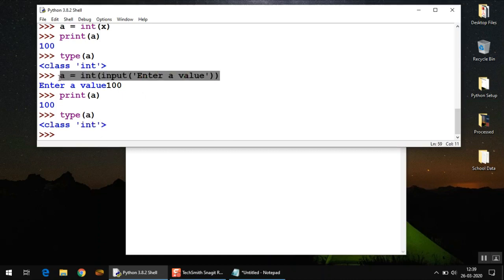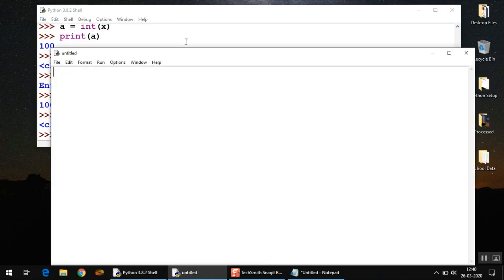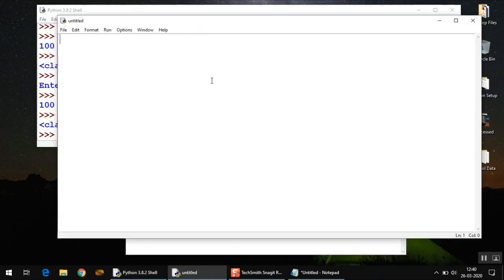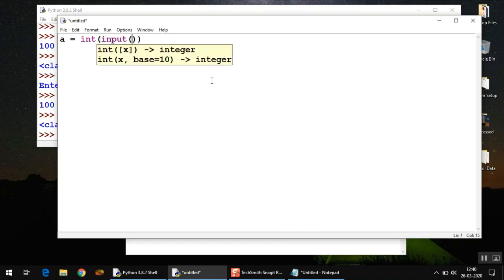So this is how you can take values from the user in integer form. Let's try and make a program of addition of two numbers again, and in that program we try to ask values from the user. So for that I'm going to go to script mode, because I have to write a number of lines here. So addition of two numbers, so I have to ask two numbers. So let the first number be a, and I want it to be a number, that's why I have to use typecasting. So int, input